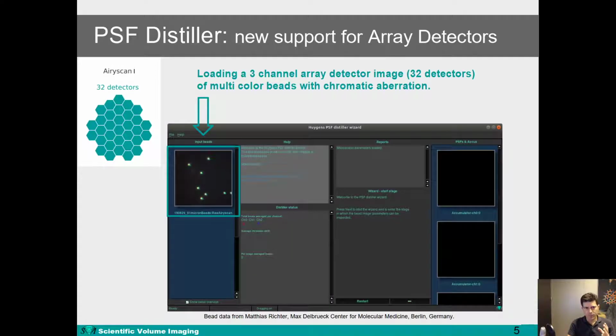Okay, so so far I've told you about the PSF Distiller in general. Now I would like to tell you more about what we have added to the tool in the latest release. And starting in Huygens 2104, it is possible to distill measured PSFs from array detector microscopes, such as Airyscan I, Airyscan II, and SPAD. In this first example, you can see the PSF Distiller working on a 3-channel image of multicolor beads